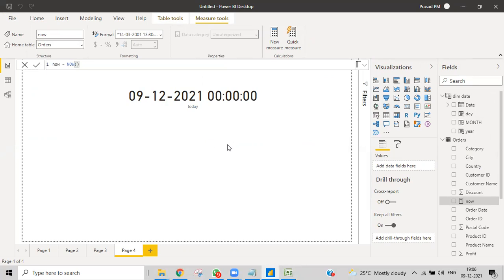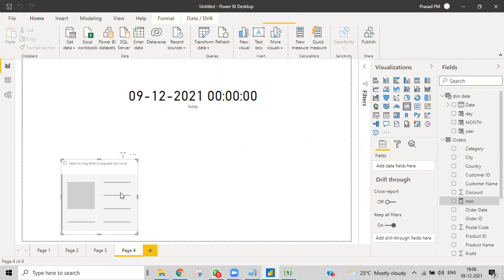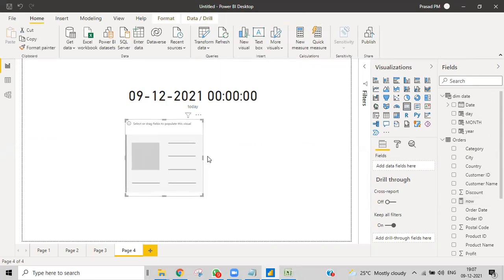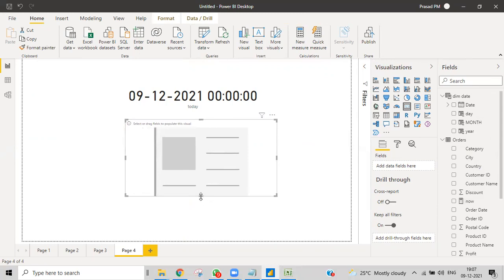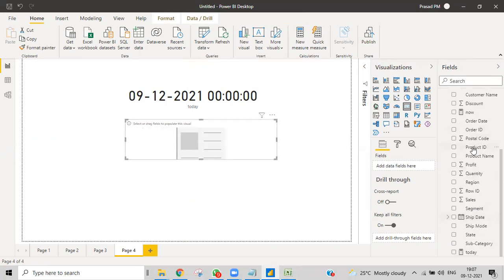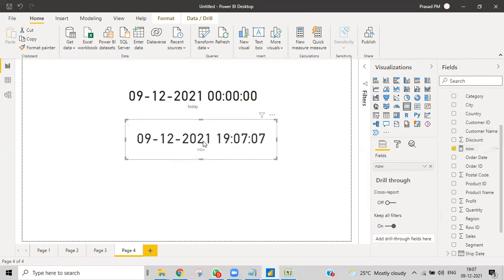What we need to do right now is create a new column, take it here, and then use that now. What is that now? You can see the time right now. Yes, 7/7/7, beautiful time. That's great. So this is what it is exactly, and we also have UTC now, another function as well.